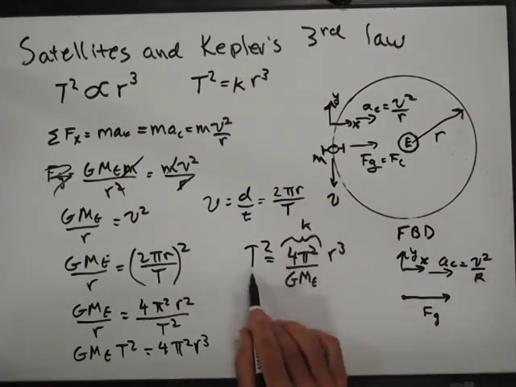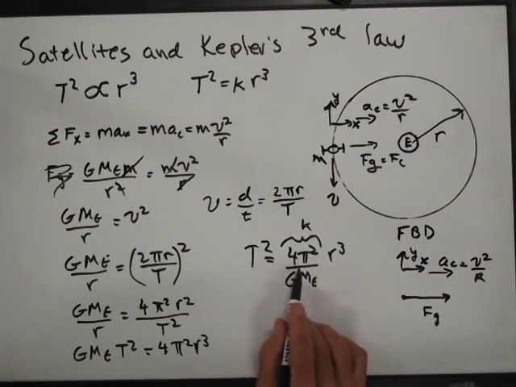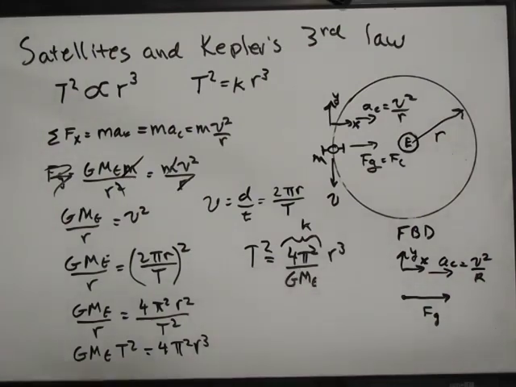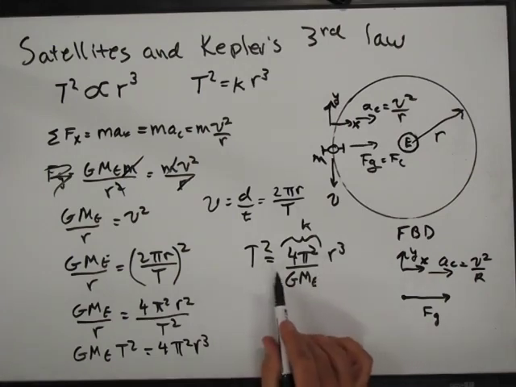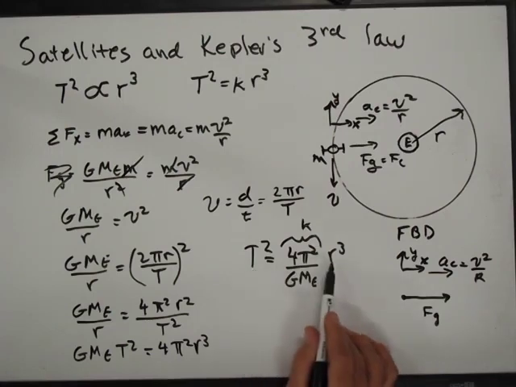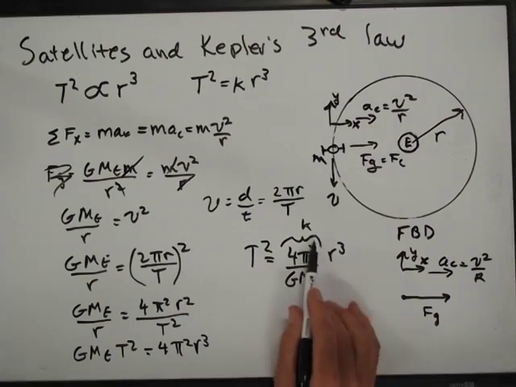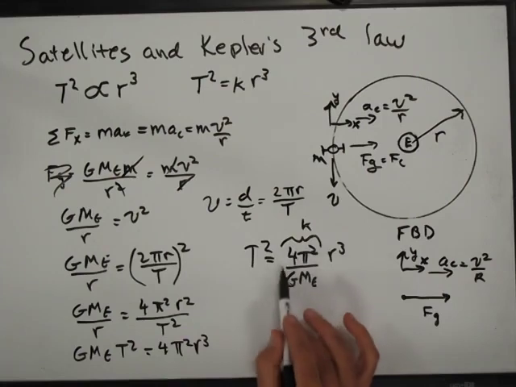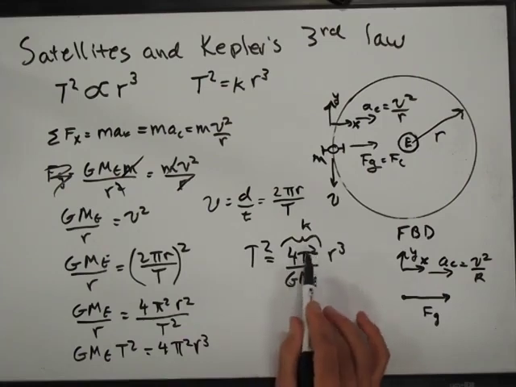And no matter what your orbit is, whether you're in a low Earth orbit or you're the moon orbiting the Earth, the square of your period is going to be that times the cube of your orbital radius. Same thing with all the objects orbiting the sun, and that's what Kepler did. Kepler looked at the period of Mercury and found that the relationship between it and the cube of its orbital radius was this factor. He just found out what the number was, and he found out this number was the same for